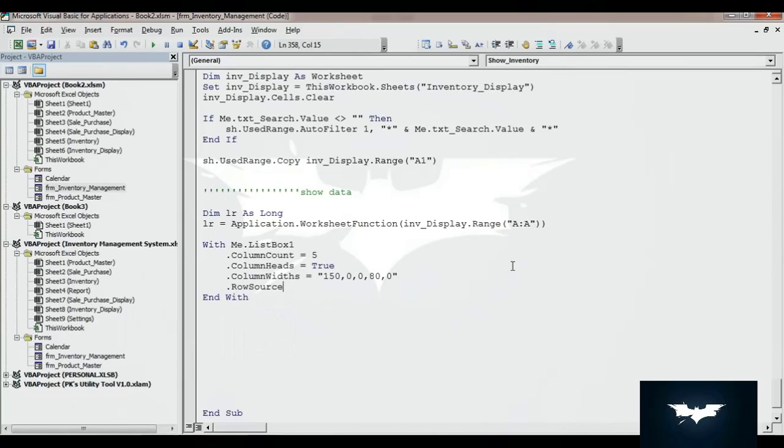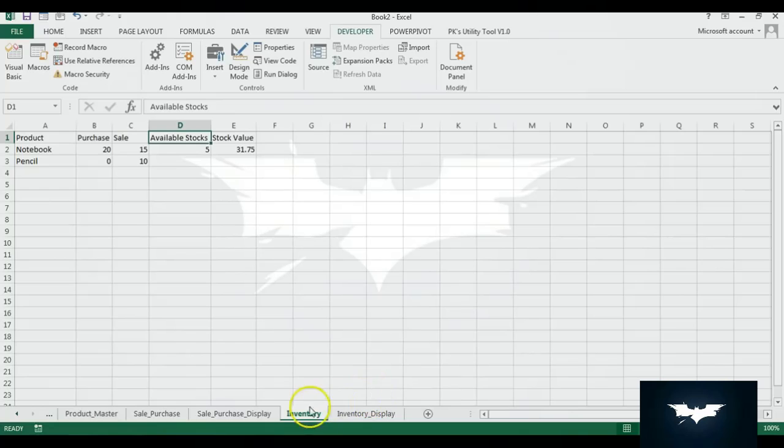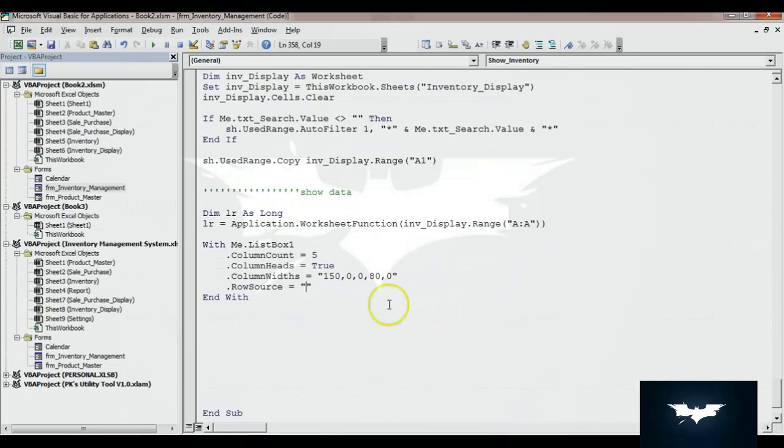I'll use RowSource here, equal to the sheet name. You can use this sheet name, or you can simply use InventoryDisplay.Name and an exclamation sign, A2, and I will take E and LR.